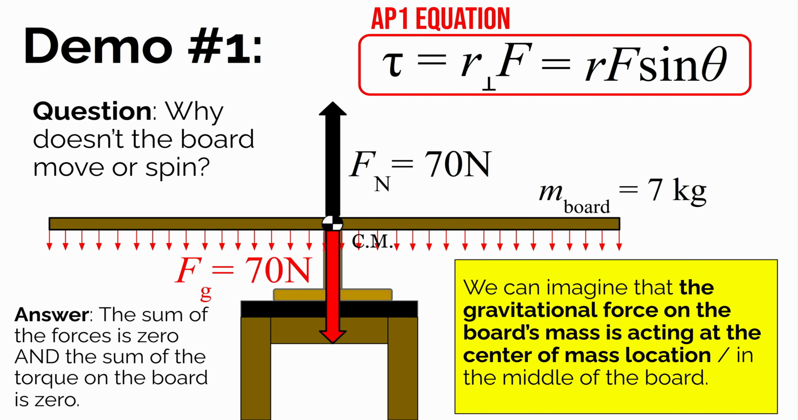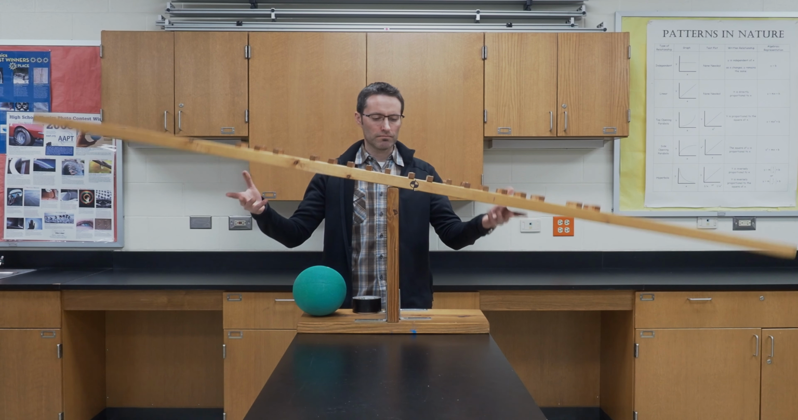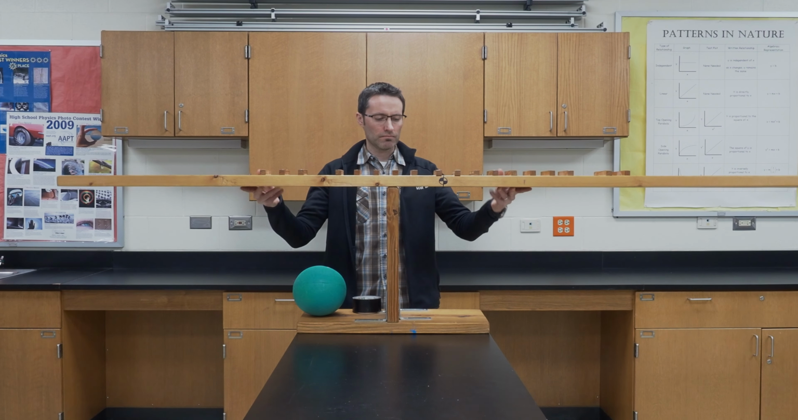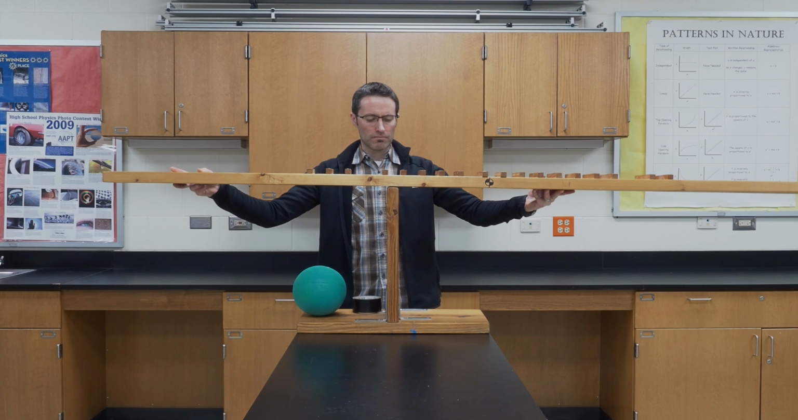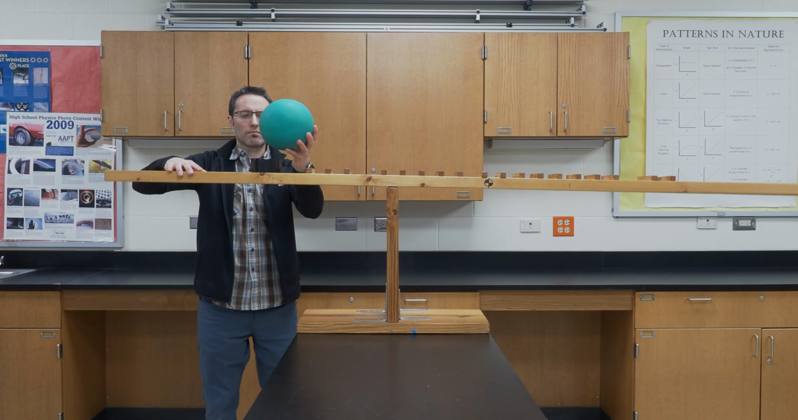So if we just imagine the one force of 70 newtons acting at the center of mass location, well, now it's acting at the pivot point location, and we say the gravitational force exerts no torque on the board. So let's see what happens when we move the center of mass to the right of the pivot point. You can see that now the force of gravity, as we're imagining acting at that location, is causing a rotation